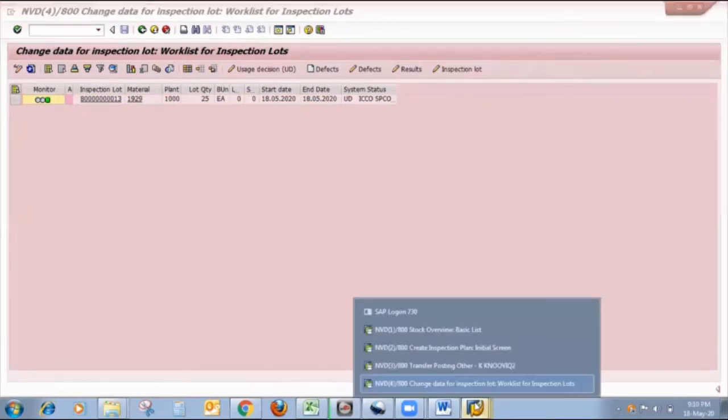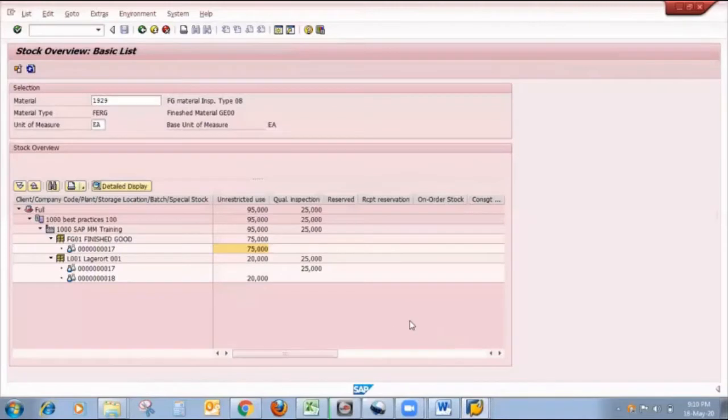Now I want to refresh my stock requirement list. Currently 25 is in quality. Now it will transfer towards unrestricted. I want to refresh it. So after refreshing, this L001 storage location with 70 batch stock is in unrestricted.